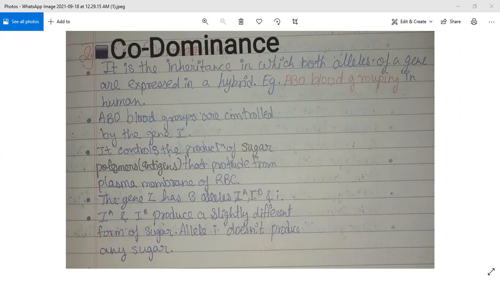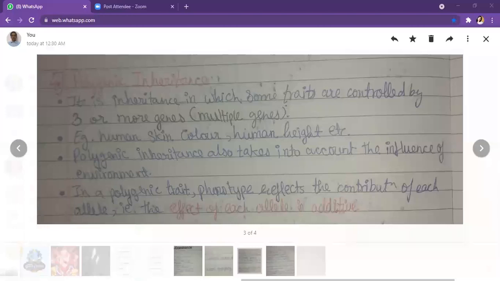For example, alleles of ABO blood grouping, that is 3 alleles, IA, IB, and small i. The fourth one is polygenic inheritance. Polygenic inheritance means it is the inheritance in which some traits are controlled by 3 or more than 3 genes,